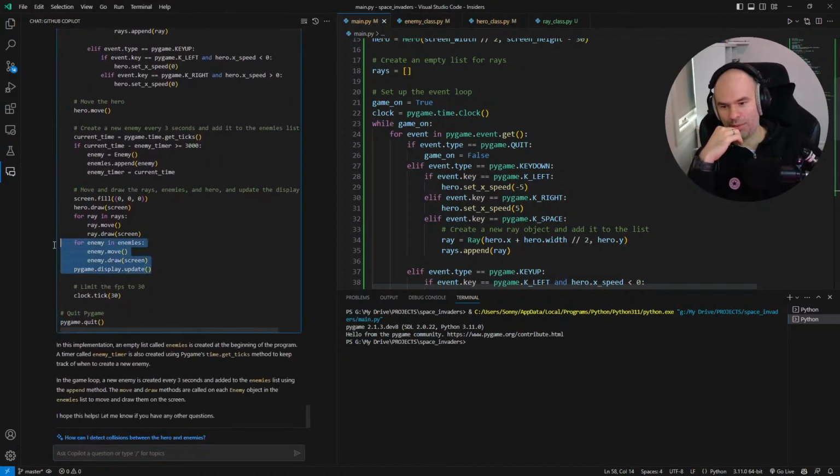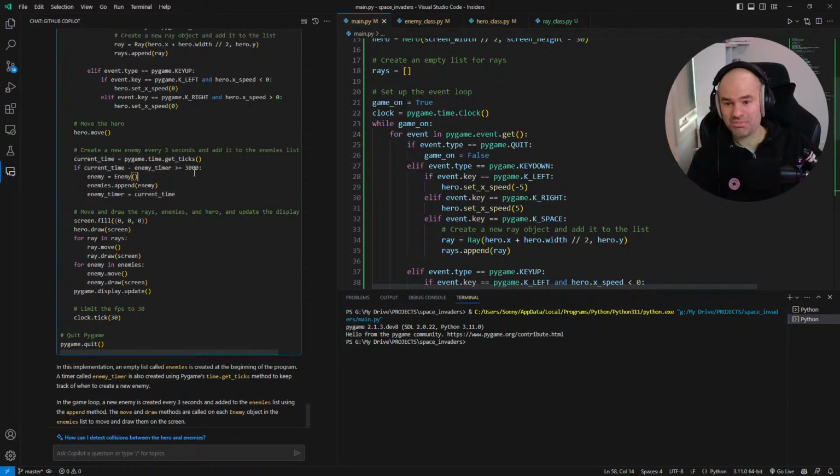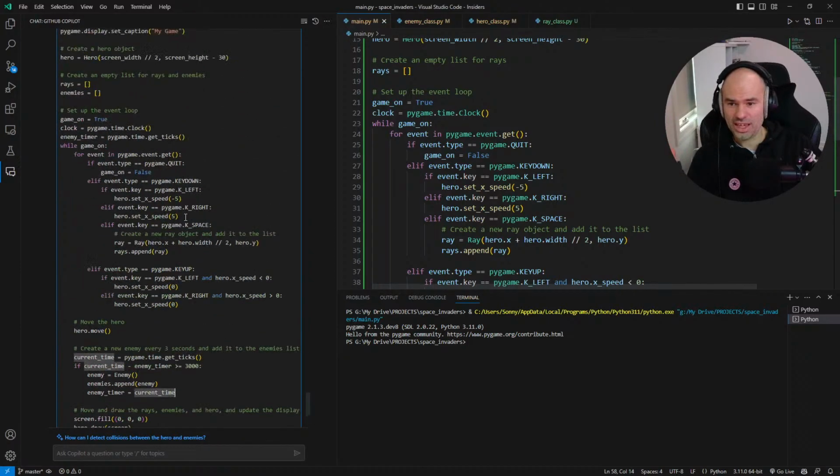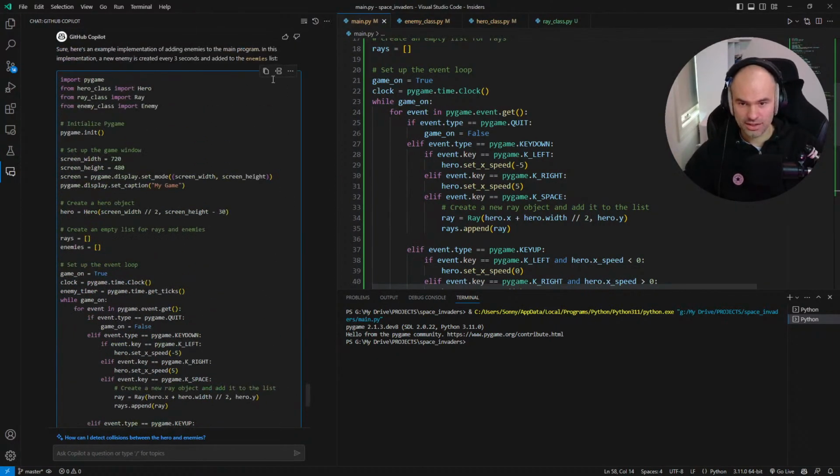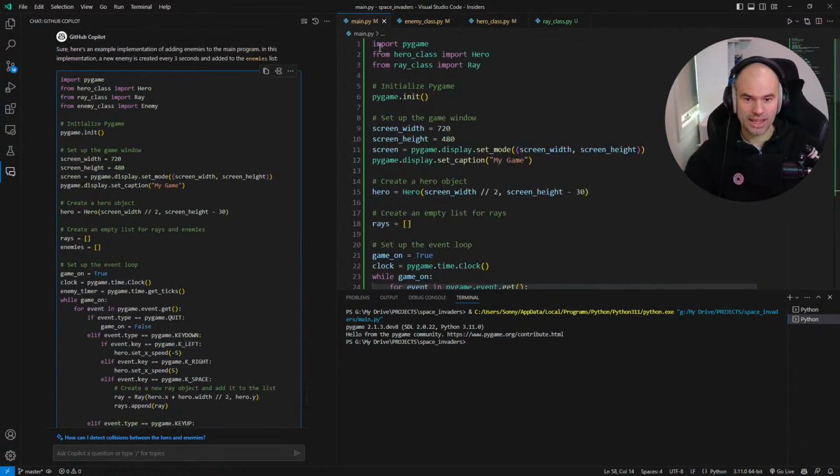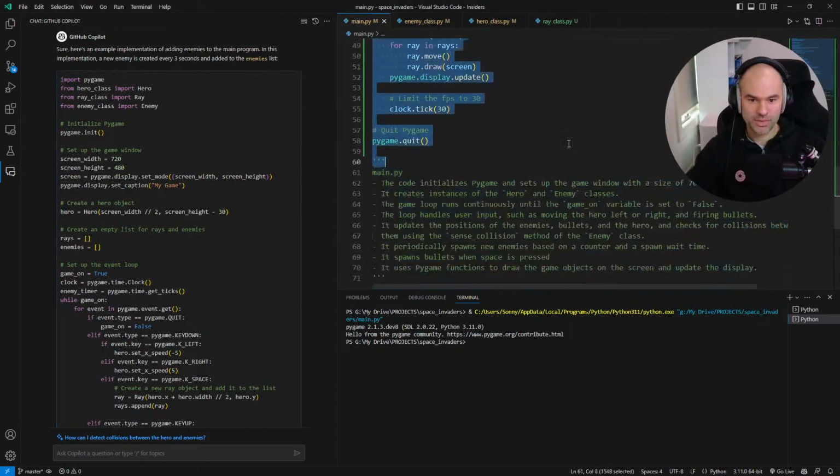I really like that it put enemies here right next to the arrays, right? It makes perfect sense. So you draw the screen first, then you draw all of these guys. And there's the enemy timer. Game clock, current game, enemy timer. I'm not sure I love this. I think I can improve on that, definitely. The best way to make something happen every, say, 3 seconds is just use divisibility. So you do the percentage sign. But nonetheless, the fact that all of these things are getting built out from very general comments means that